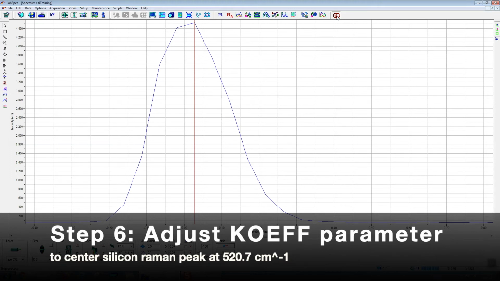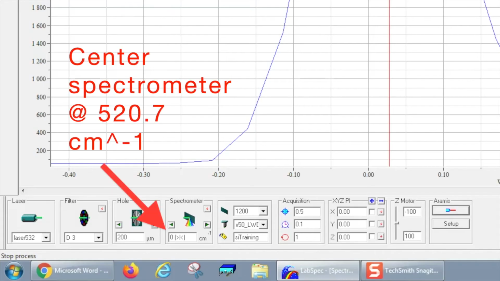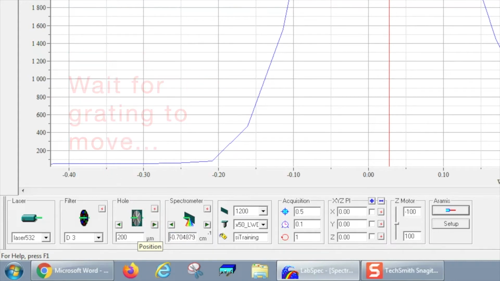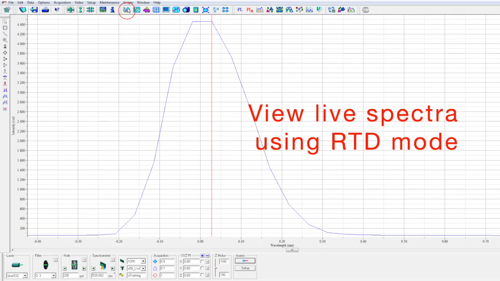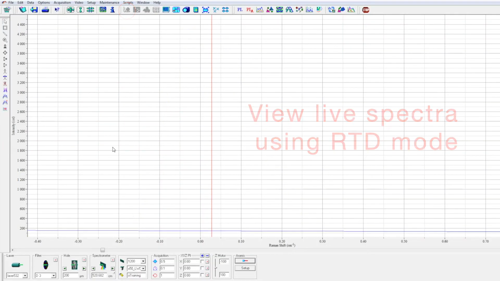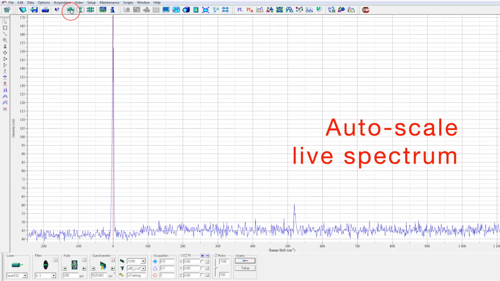The coef parameter is tuned relative to the silicon Raman peak at 520.7 wave numbers, so we'll first center the spectrometer on 520.7 wave numbers. So I type in 520.7 in the wave number box in the spectrometer settings, and then I press enter, which causes the gratings to move. So then I press the RTD button to view a live spectrum, and then I can auto scale to see